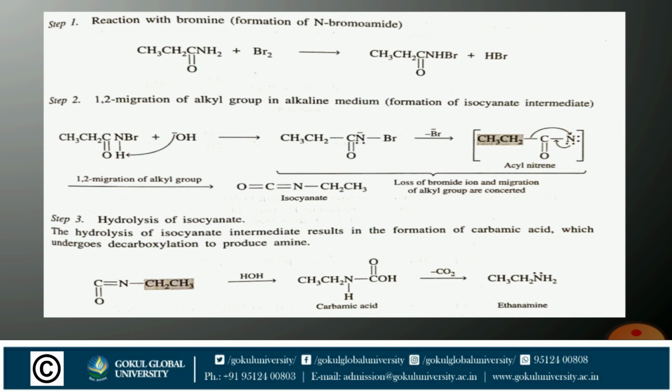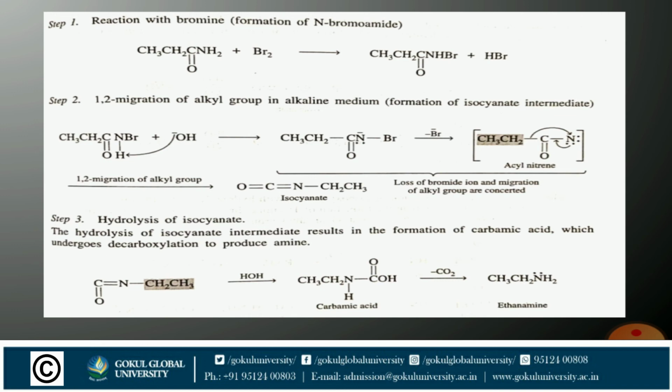Now the removal of Br minus takes place and we get the acyl nitrene, CH3CH2 C double bond O N. This is known as acyl nitrene, as you can see in this given mechanism,